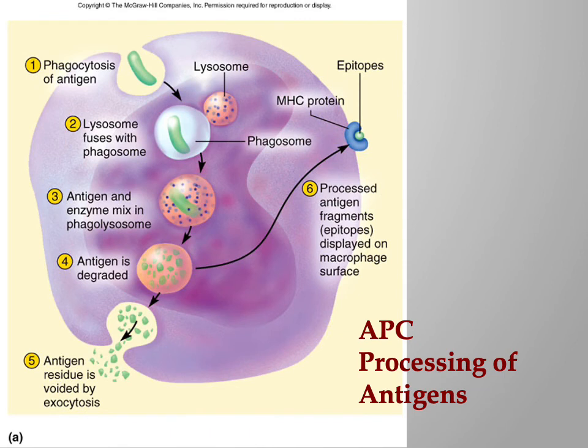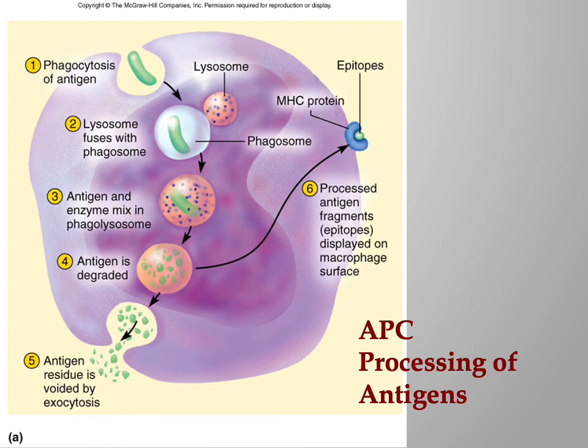So there you see there's an APC. Great diagram here, with numbered steps for you. Look at how easy they make it. There you see what's going on. It's eaten an antigen, and then notice it digests it and breaks it down into recyclable components and voids those. Those might be little amino acids and stuff that your body can use. Why not? The bad guys got usable parts. If you find a dead soldier, take their ammo, take their gun, take whatever they got that's useful. But then notice that the APC is taking the epitope and displaying it on the MHC